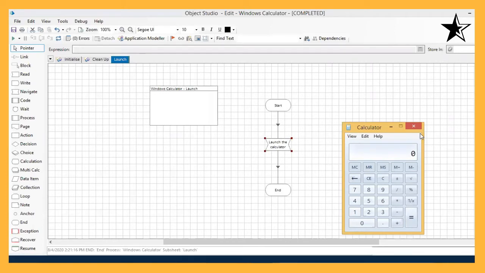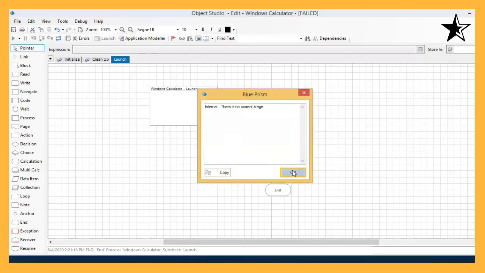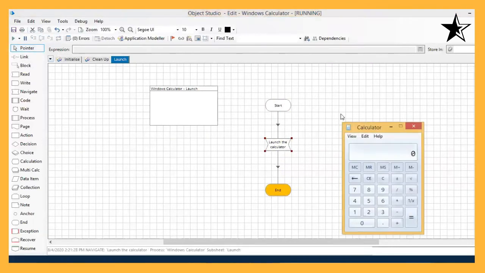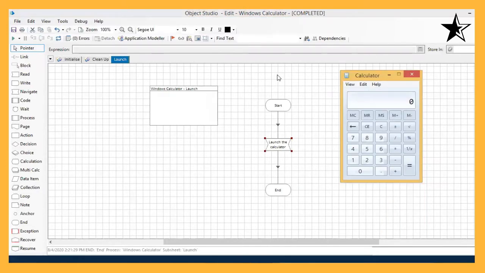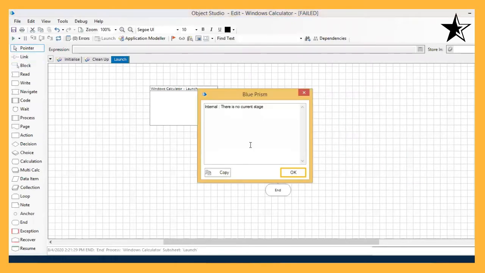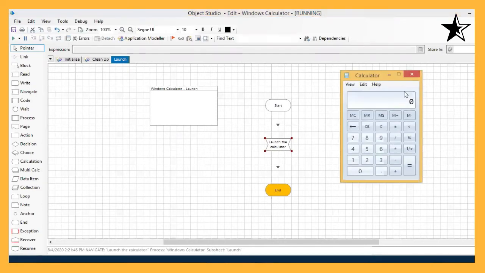The problem was that I didn't press the Control S button, so I did it meanwhile, and now it has launched the calculator. Once again I am running this, and you can see we have launched the calculator. Just pressing the reset button, and the Windows calculator has been launched.